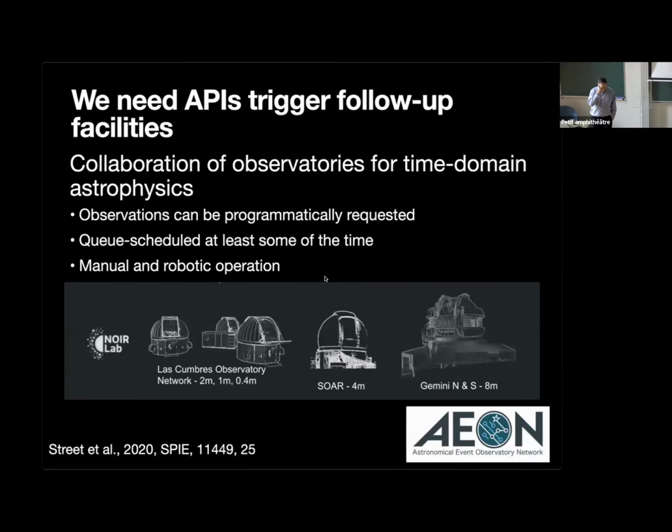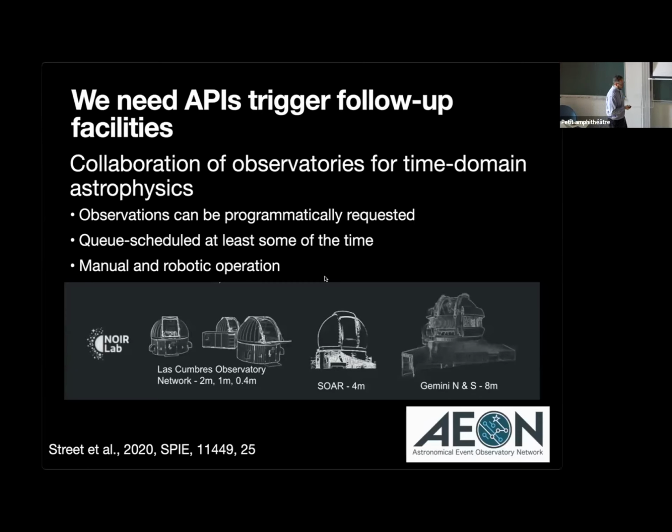And one of the things that we've learned about this, as we've produced these telescopes and as we've operated these telescopes for about 10 years now, we began our version 1 operations in 2014, is that there are some common things that make observing on other observatories in an automated fashion much easier. One of the big things is a set of APIs that you can hit via just their web endpoints, so just via the internet. And then you can make requests for observations on this network or on your telescope.